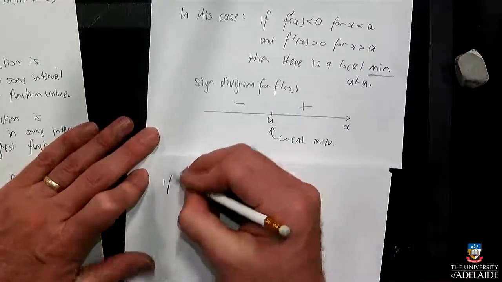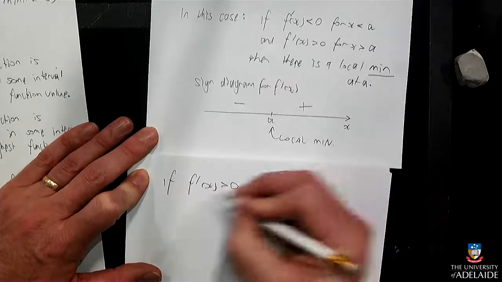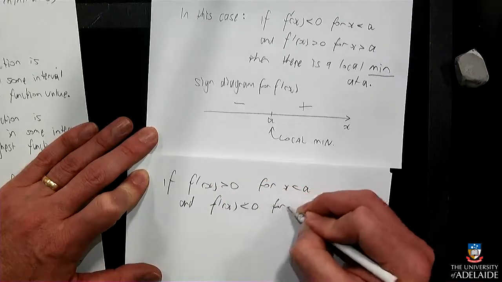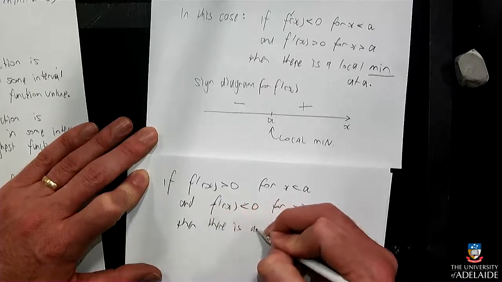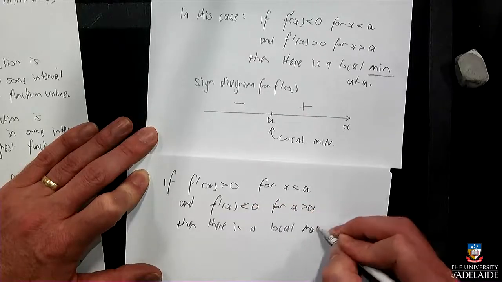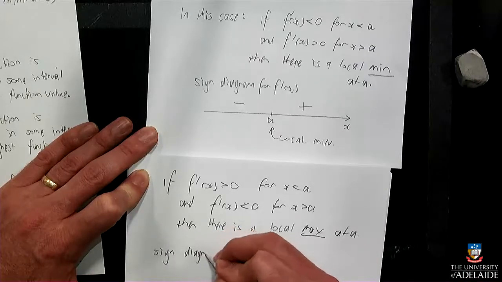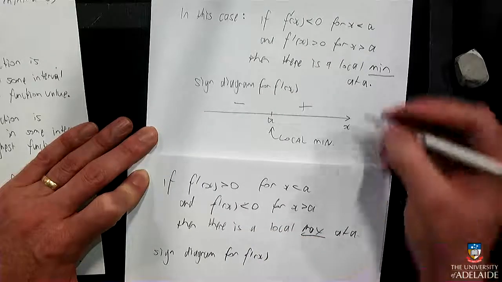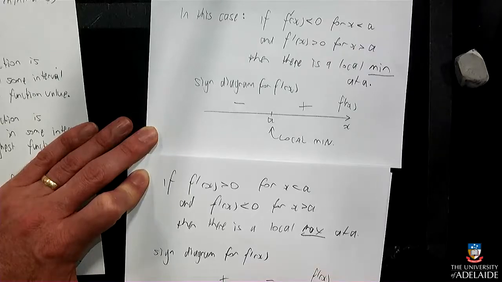And if f dash x is greater than 0 for x less than a, and f dash x is less than 0 for x greater than a, then there is a local maximum at a. And the sign diagram will look like this. So I'll put the x's at the bottom, and here's the point a. It's going plus and minus, and